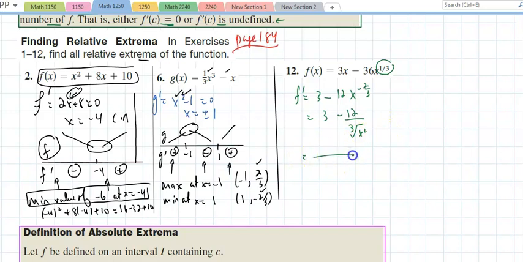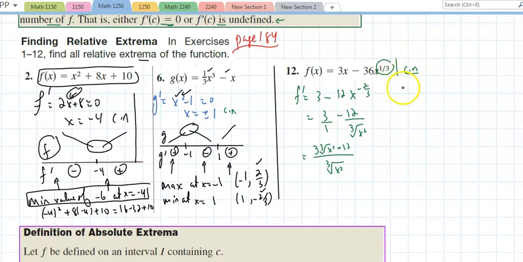If I get a common denominator, let me think. There are a couple of ways I could do this. Yeah, it doesn't matter. So this over 1, get a common denominator, that's 3 times the cube root of x squared minus 12. So, when I want to figure out my critical numbers, these are the critical numbers,